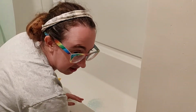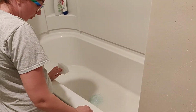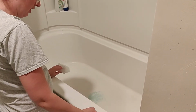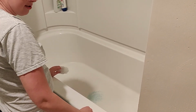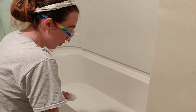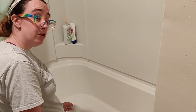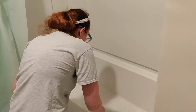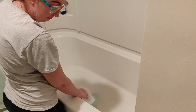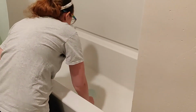And again, just like with the sink, make sure that your landlord or your parent or whoever is in charge of the thing that you are cleaning tells you what it's made of and that it is approved for bleach or for scouring powder usage. Just to be sure, because you do not want to mess up your tub. So I like to make a little bit of paste in the base of the tub with some scouring powder and a good old scrubby brush, and then